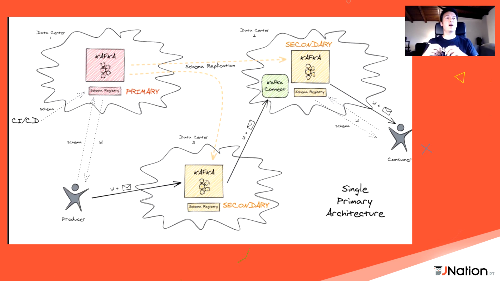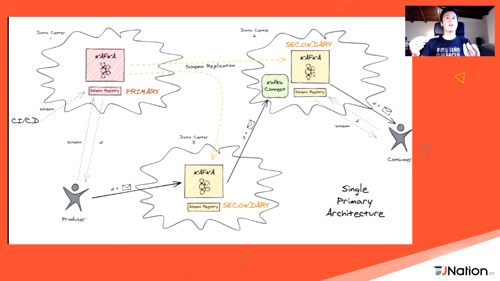The other thing is, if we have a problem with the primary data center, one of our secondary data centers becomes the primary. So we have high availability. But when that happens, our producers need to know that now they have to register the schema in a different data center. And that's kind of tricky, to inform all our producers of those changes and make sure that it is transparent to them, especially when we have producers that need to evolve the schema dynamically.